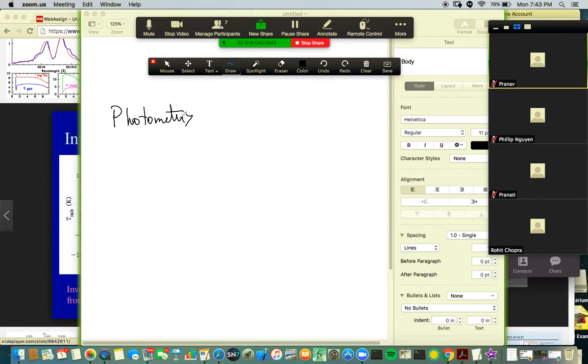So let's say, I have six or seven students, so let's say we divide in two groups. One will tackle photometry, and the other one will tackle spectroscopy. So what should the photometry be? Let's say you have a star